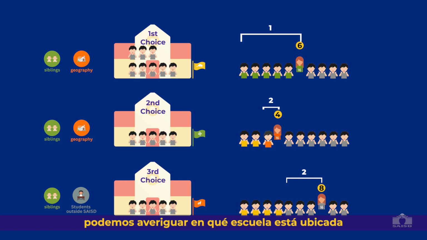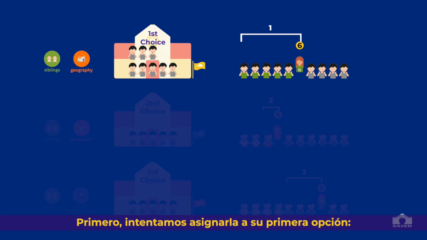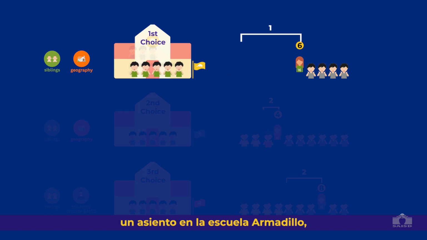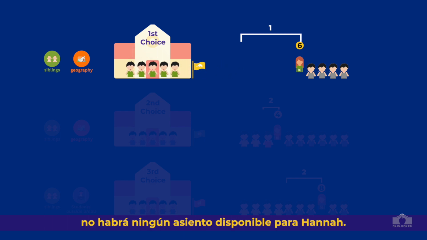We can find out which school she is placed at by looking at the way she ranked those schools on her application. First, we try to assign her to her first choice, Armadillo School, where Hannah is sixth in line. This school has 5 available seats. If the first 5 applicants standing in line are offered a seat at Armadillo School, there is no seat available for Hannah. However, no seats are offered until everybody has received their highest ranked school possible based on their preferences,